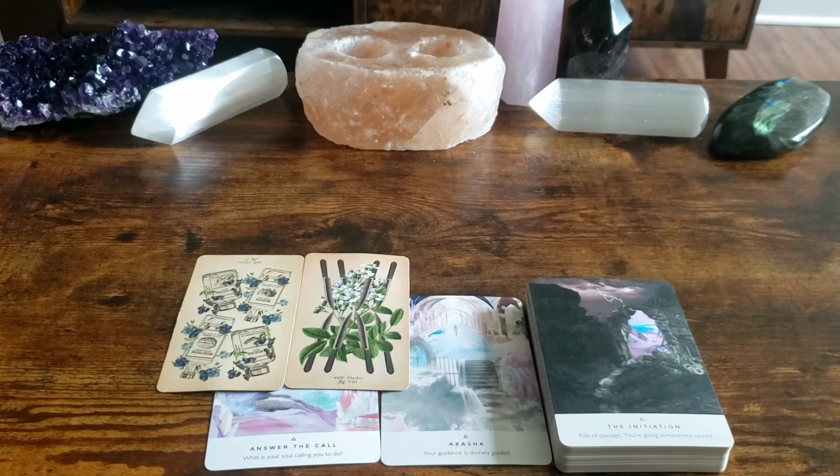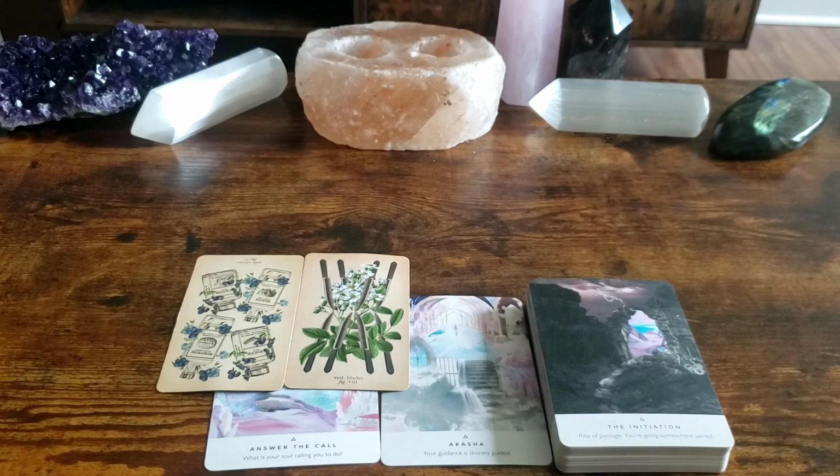At the bottom of the deck, you have the 10 of Rods. Where are you feeling the most anxiety? Where are you feeling like your most work? Like where are you feeling the most overbearing energy? That is where you need to let it go. And I know it's easier said than done,